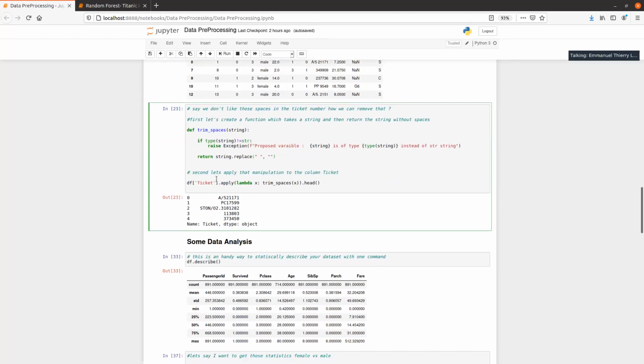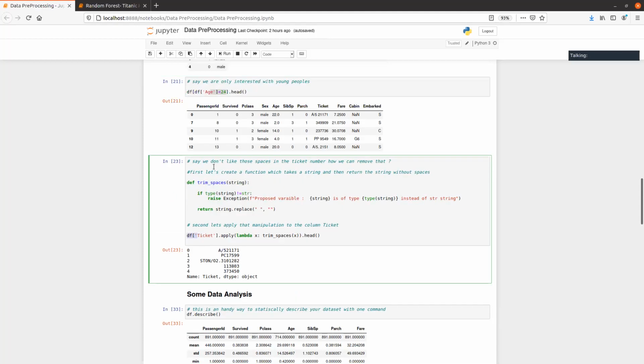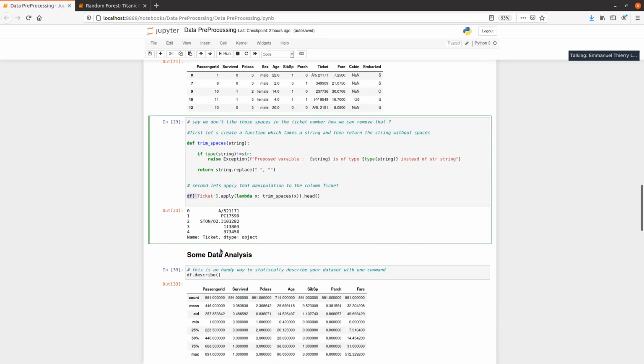And how can I apply this function to any given row in the dataset? I simply do df, I select the column ticket, which is the column of interest, and then I do apply. In this apply, I do a quick lambda function. I don't know if you are familiar with lambda functions in Python, but it's a quick way to write any given function.